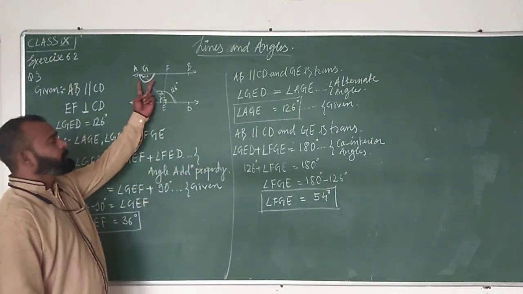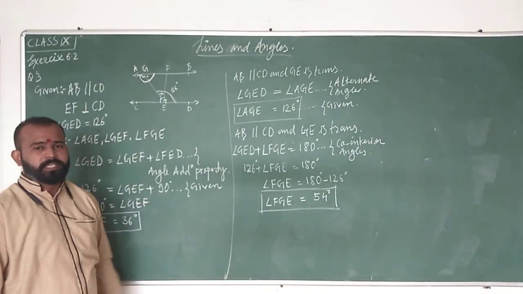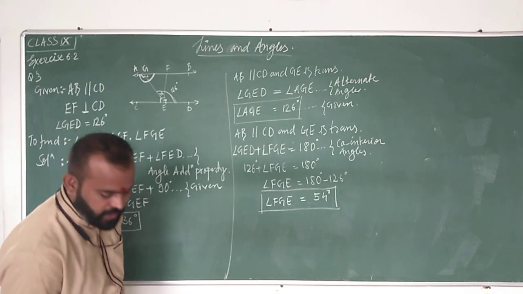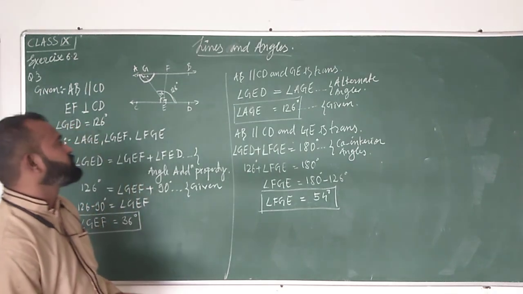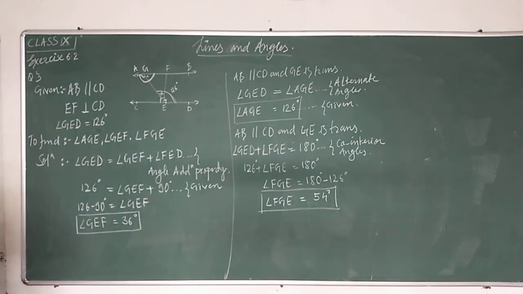If you found this by linear pair, there is no problem either, but as we have learned parallel lines and transversal, if you go by their application, you will get practice, and it will help you solve different types of problems with the same properties. Okay, so thank you. Again, whatever I am doing, it is not necessary that you should also go by that method only. You can select your own method and go by that. Okay, so thank you.